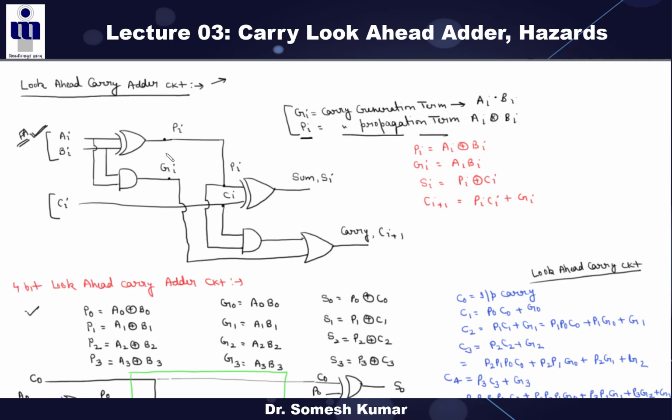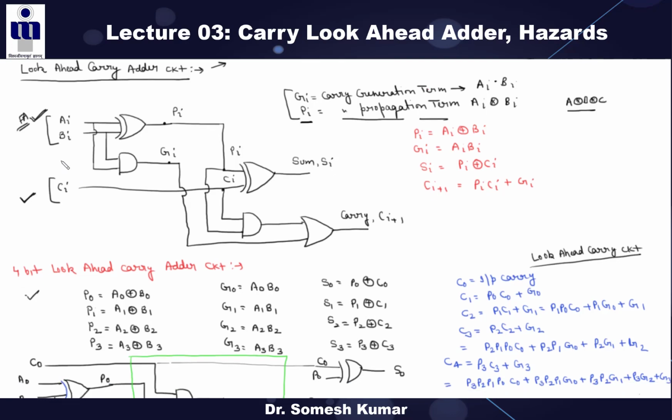After that, you know in the full adder, what is the overall sum? The overall sum of the full adder is A XOR B XOR C, right? So now Ai XOR Bi we are calling Pi, and this is given to your next XOR. So this is well understood, this is your full adder circuit. Now we will draw the look ahead carry adder circuit from this full adder arrangement. So how can we do this arrangement?